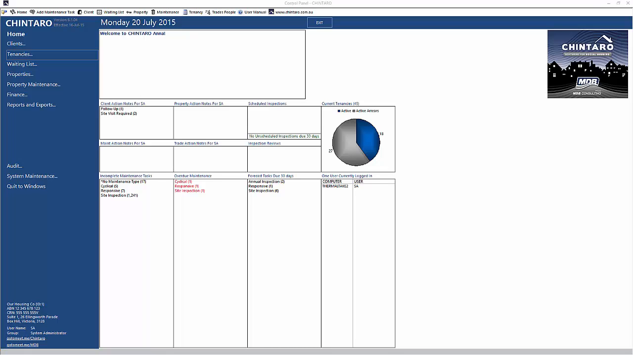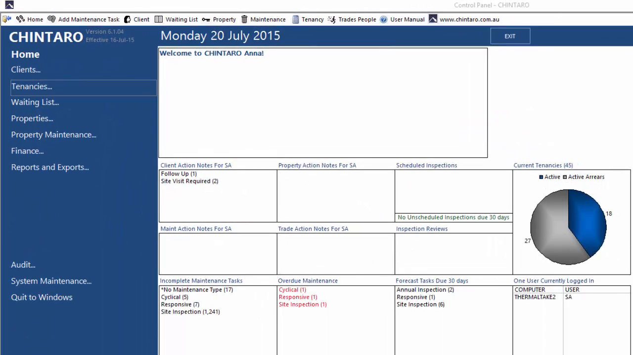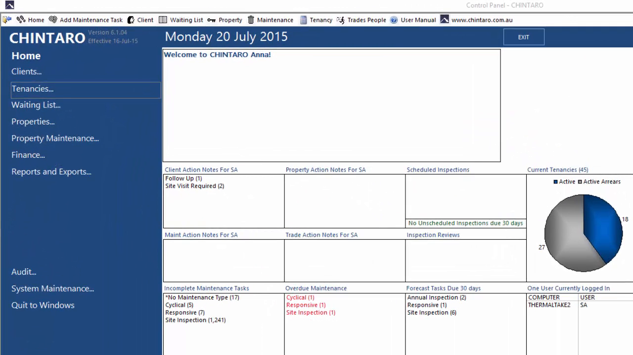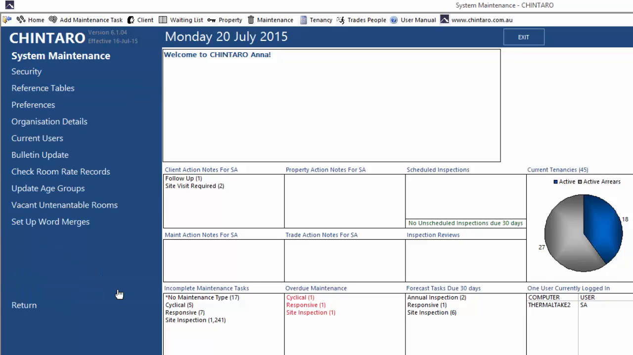So now we're going to move away from property maintenance and we'll have a look at system maintenance. Some of you won't have the permission to go into system maintenance, but others will, so we'll go through a few things in here. So from the main screen, when we click on system maintenance, the first thing we see in this menu is security. If we click on security,